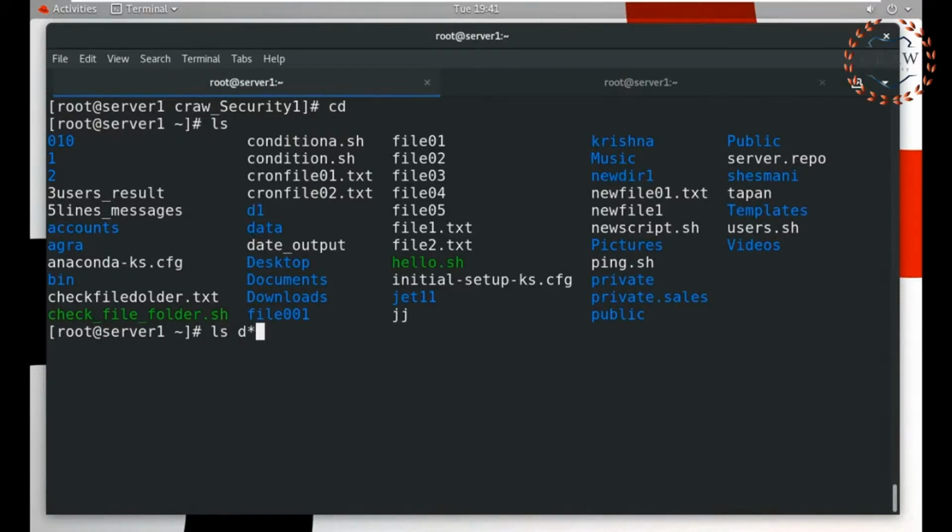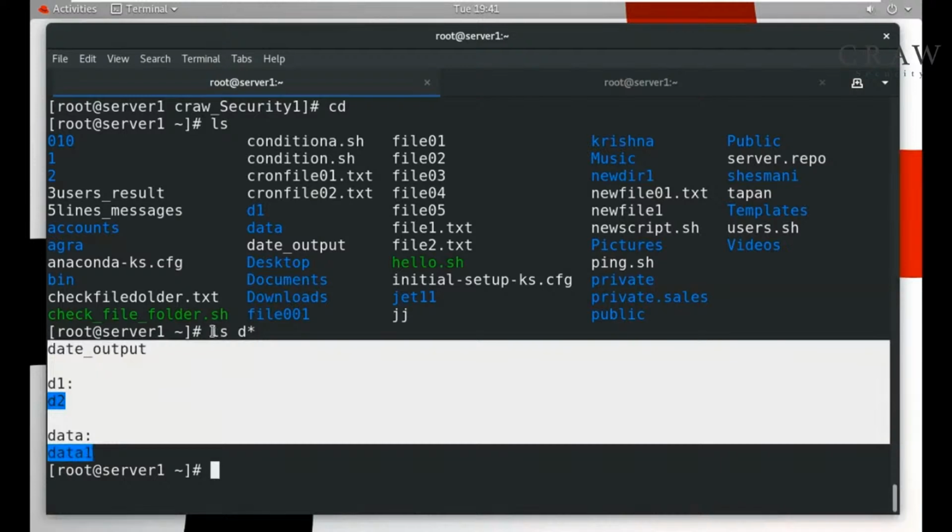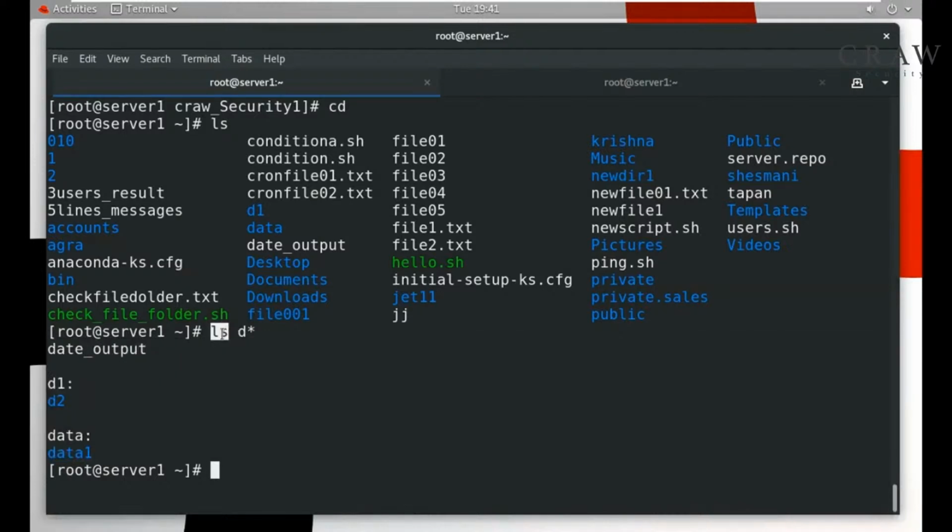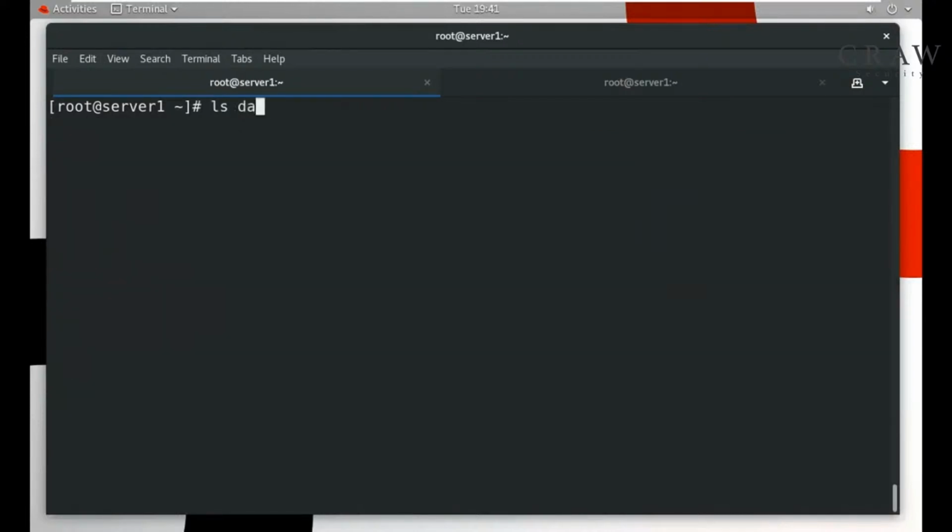So we use star. It will show me what starts from D. It also starts from D, and it also starts from data one. So this shows what the ls command does. We want to ls, and we want to check all the files that start with data. But we want this one only. So what I will do is type DATE, then type this. So this will show me only this particular one, and we want to check the